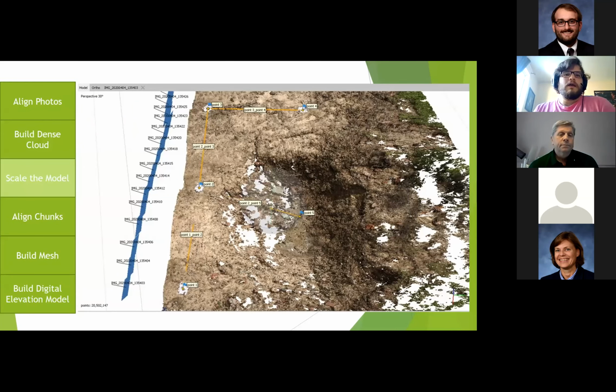And then the next thing you're going to want to do is to scale the model. So take notice of the layout of the targets that I laid down in the study area. You're going to want to deviate these targets so they're not in a straight line, so that you get accurate scale in all 3 dimensions. As you can see, like point 4, I stepped over to the right, and then point 5 was placed in that pit, giving it a 3D dimension.